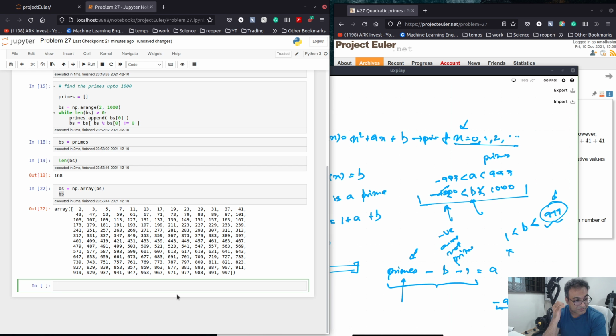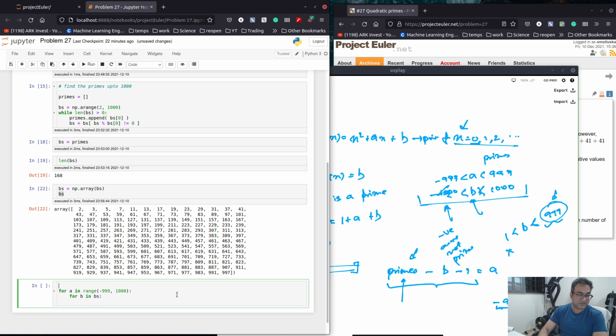Let's just loop for a in range minus 999 to 1000. Okay. For b in bs. Okay. Let's look at candidates. Candidates is nothing. Okay, and we know that it has to